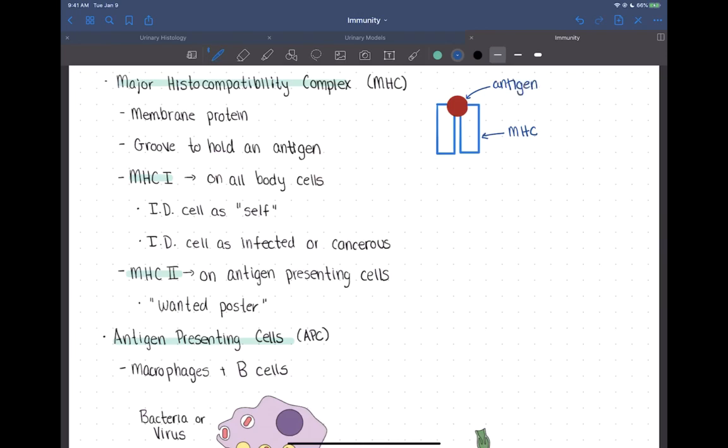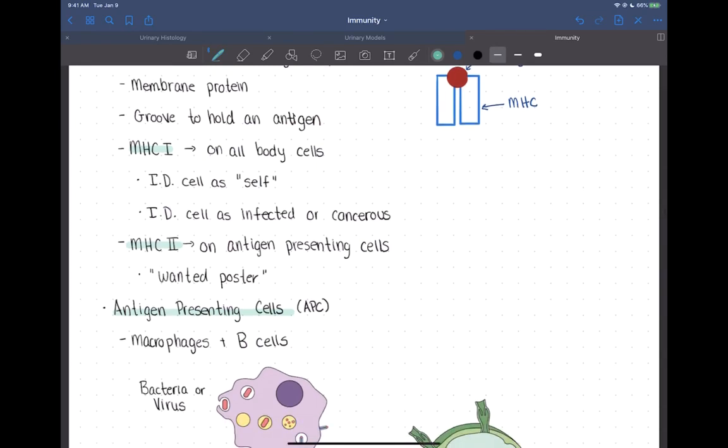All right, and so there are two types of MHCs that you guys need to know. The first one is an MHC class 1, or we just call it an MHC1. These MHCs are on the surface of all of your body cells, and they can have two possible functions. So generally, if a cell is normal and healthy, they will function as an ID for that cell, saying it is belonging to the body, right? So it's that self-ID tag, okay? And so this would be in a healthy cell,